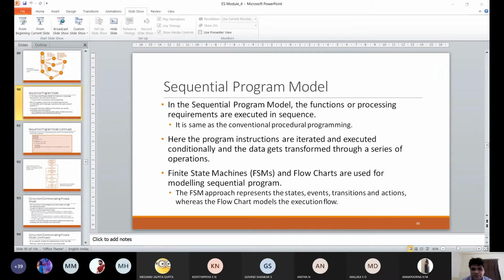Then a class is an abstract description of a set of objects and it can be considered as a blueprint of the object. A class represents the state of an object through member variables and object behavior through member functions. So I was saying there is a private function, there is a public function. If you define public, what will be there, if you define private, what will be there. All information here has been generalized and it is related to the embedded part. There is no complete programming part which you will learn, but programming we have observed in the lab, right? So that was there in the lab part.